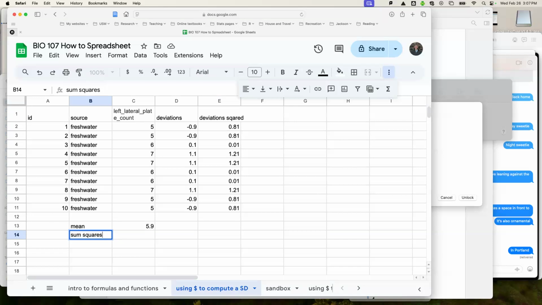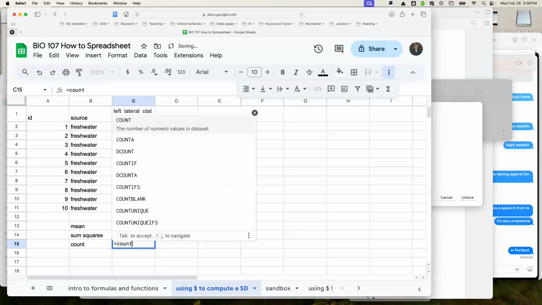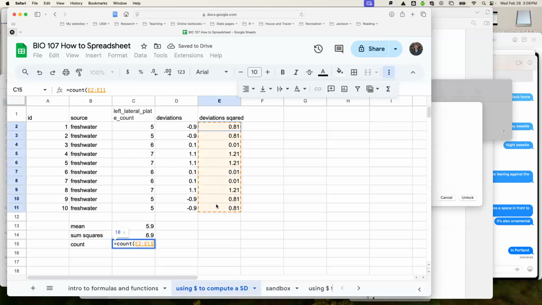That's what happens when you write a formula partway and start describing different parts of it before you finish it. All right. So now we've got those square deviations. Now we just want to sum them. So we're going to sum that column. And our count, our variance